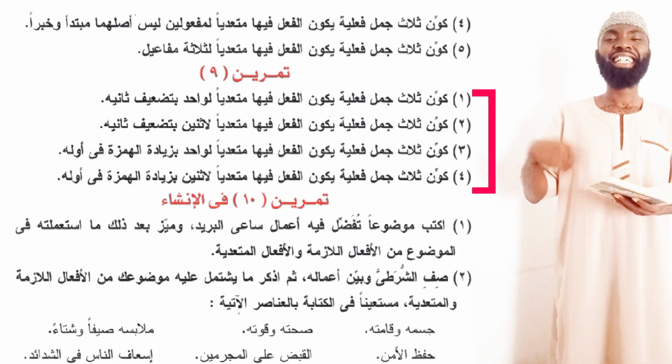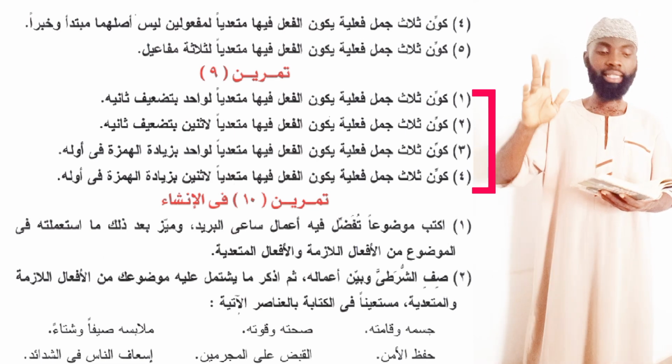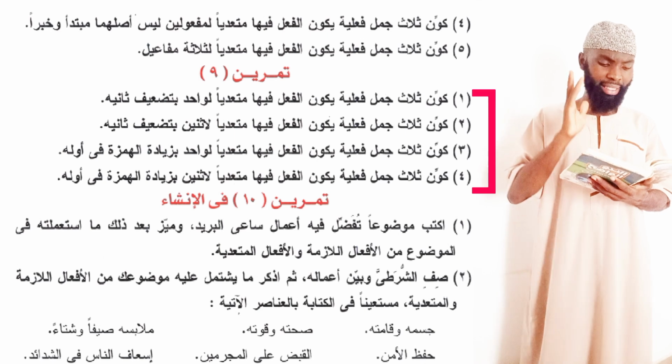These 3 sentences should be verbal sentences, and the verb there should be transitive to one object by doubling. Should be the type of verb that is extending its action to 1 object by simply doubling the letter of the verb. The second one, the same thing. Form 3 verbal sentences. This type of sentence should also have a verb whose second letter is doubled, but the action is extended to